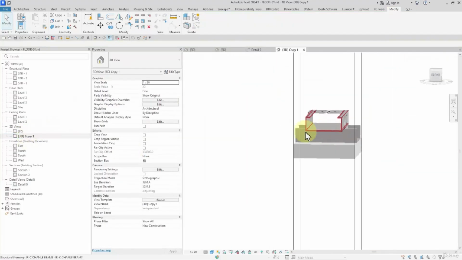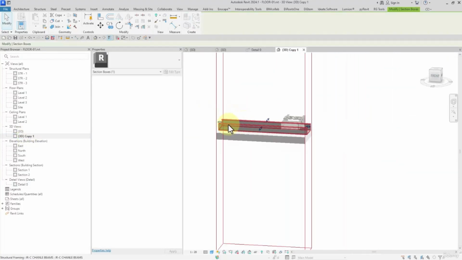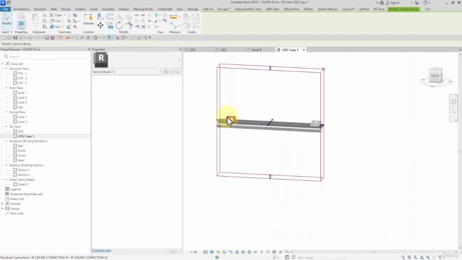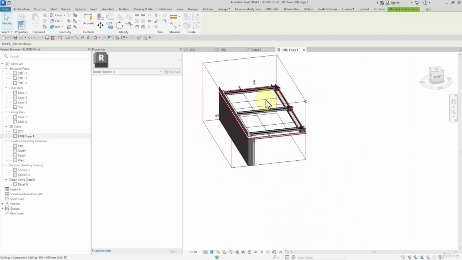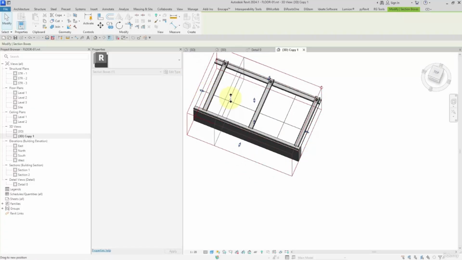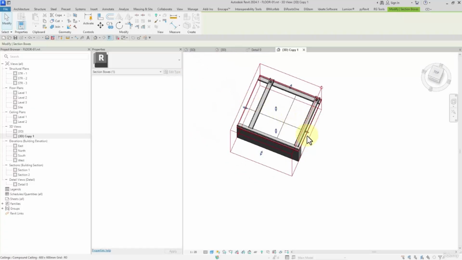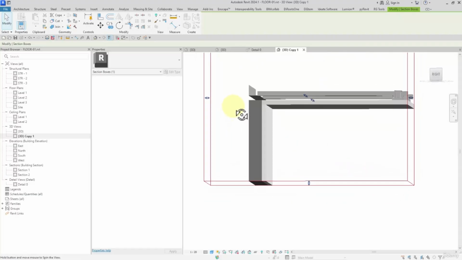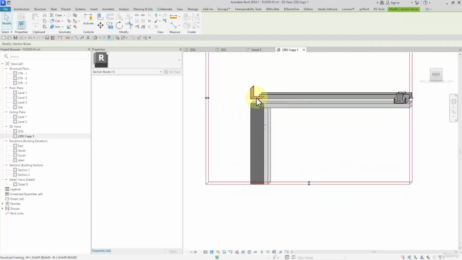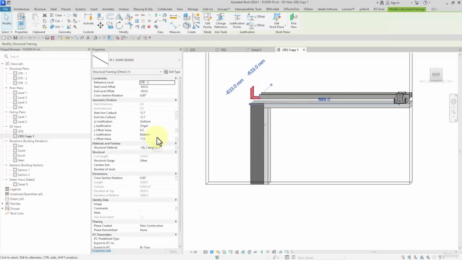That I want to extrude this part more, like this way, and the other side. For instance, I adjust it like this. Let's check it out. So here it is not justified correctly. I can specify 0 for the offset value,